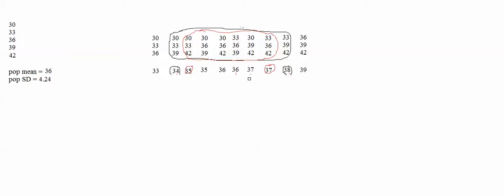The red circle has the middle 60%. And we know that 38 is the sample mean that's at the upper end of the middle 80%, because it's at the upper end of the black circle. So if I take this sample mean of 38 and use it to create a z-score,